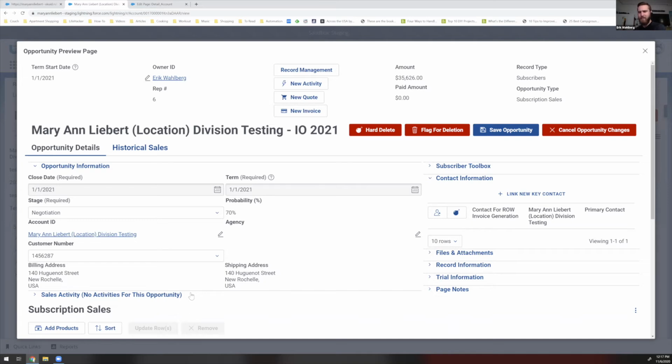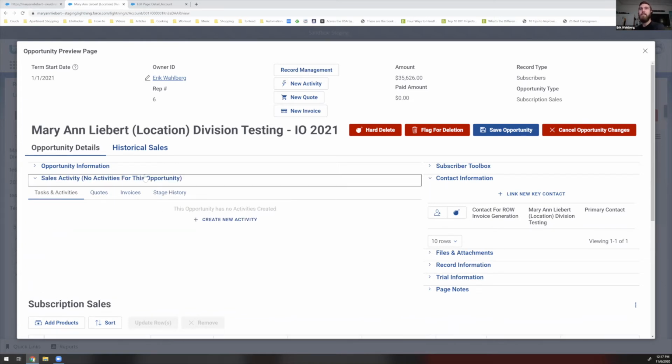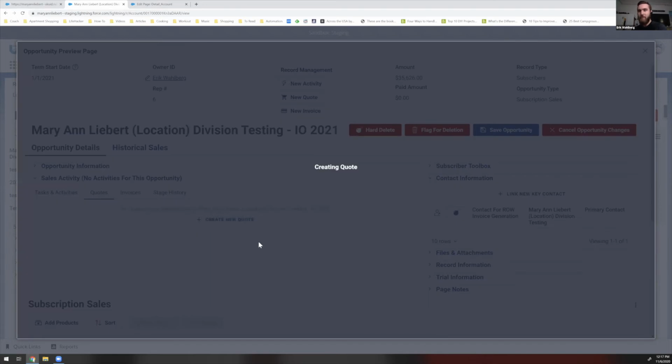So doing reflexive actions, like when someone generates a quote, it generates the line items. And again, this is all declaratively done in page. So I'm not having to create Apex triggers for these items. If I go into sales activities and create a quote, I can generate the quote, and then add an activity that allows everyone to know this guy generated a quote, give him credit for this sales activity,